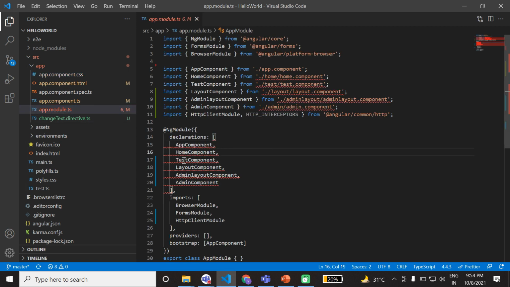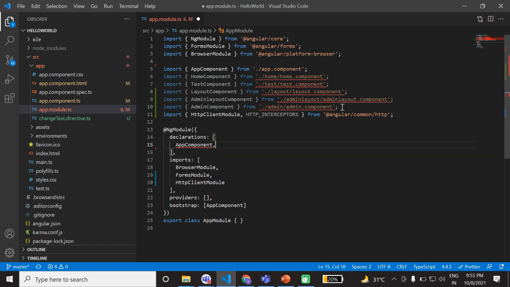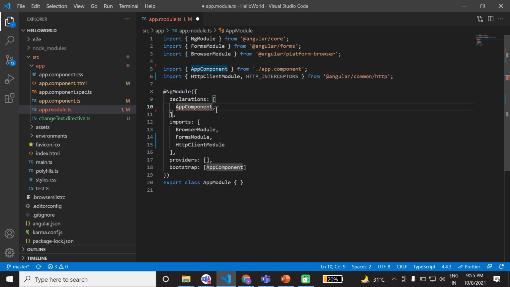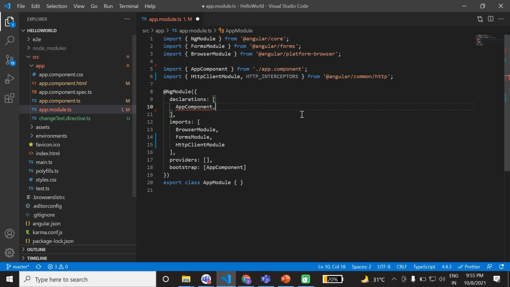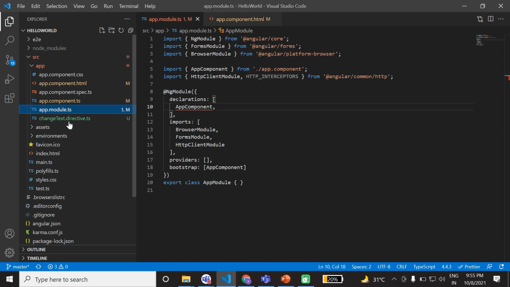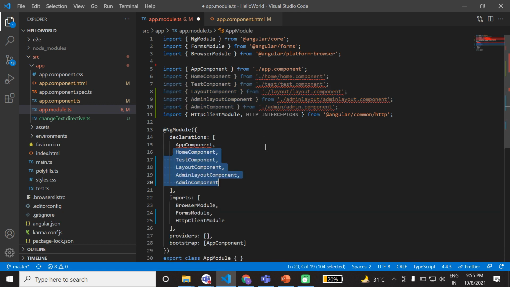In the app module, we need to remove all the app components. It is saying the app component registered in the declaration of the module is not a directive.